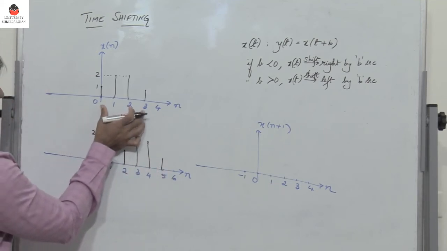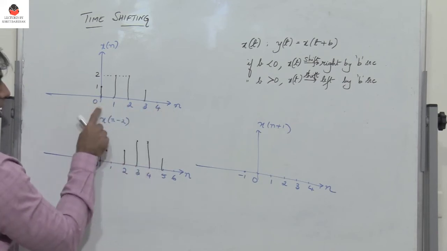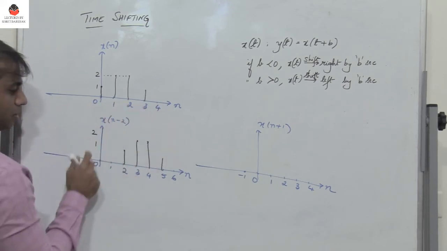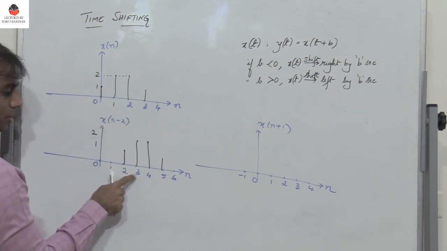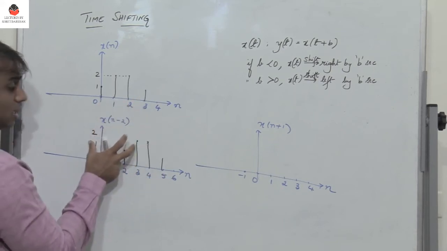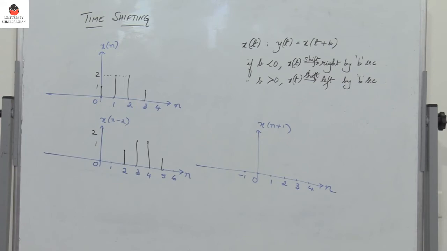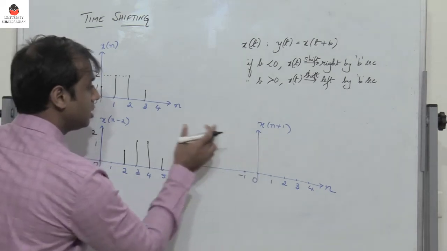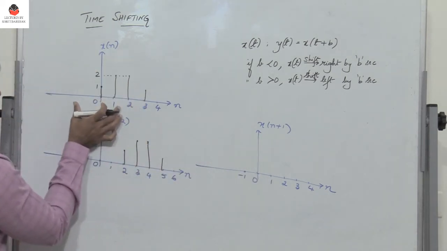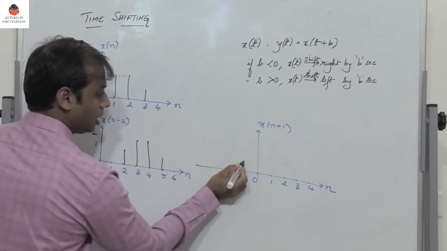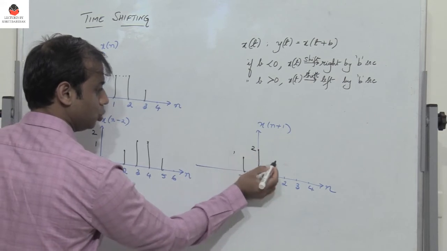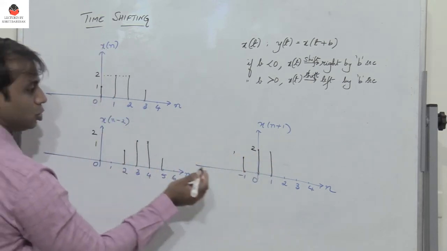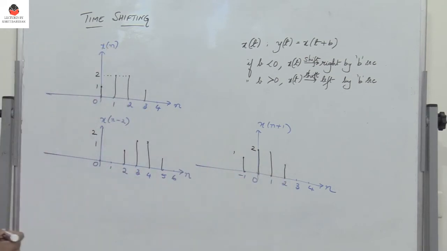So the entire signal here which existed for n equal to 0, 1, 2, 3 will now be shifted by 2 places. So what is at 0 will now appear at 2. What is at n equal to 1 will appear at 3, and so on. So the entire signal gets shifted by 2 units or 2 seconds. Now let me consider x of n plus 1 here. So in this case, the entire signal x of n gets shifted to the left by 1 second. So now at minus 1 I get an amplitude of 1. At 0 I would get a value 2. At 1 again I would get a value 2, and at 2 I would get an impulse of 1.